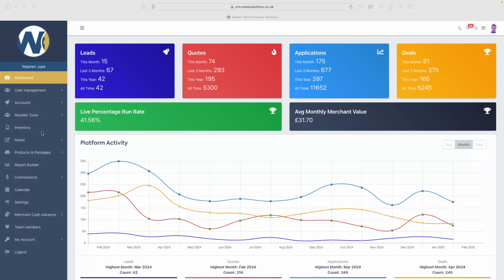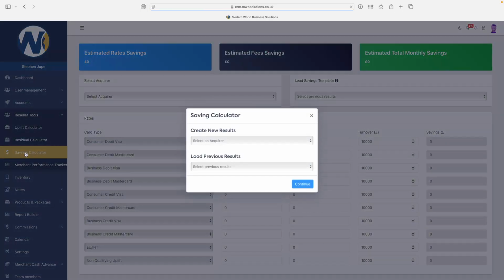Now, let us look at some nifty little tools that are at your disposal from your platform. If we look into reseller tools here, I'm going to cover some examples with both the savings calculator and the residual calculator. For ease and speed, I will not address every single card type, and I'll just put in some examples here. So, savings calculator, we can create new results and select an acquirer, or we can load a